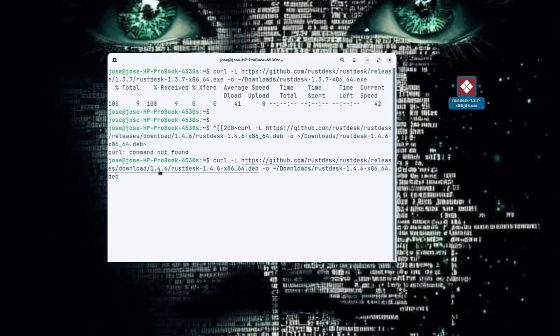Basically, everything's the same except for the release version, and it's a .deb. It's going to the downloads folder, and everything's the same here except for this portion right here and this portion right here. So if we hit enter,